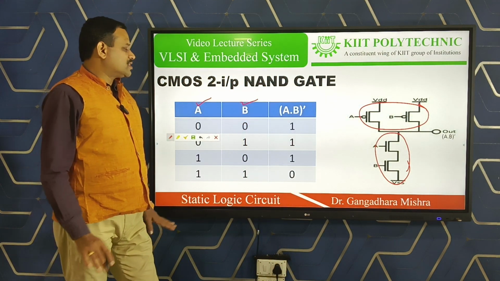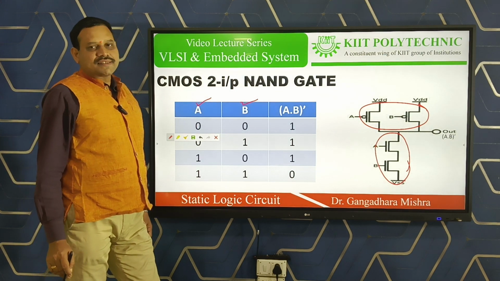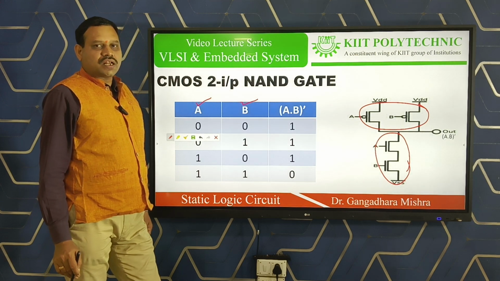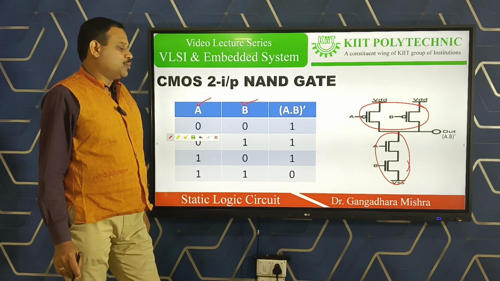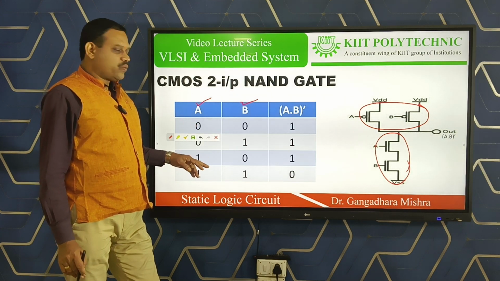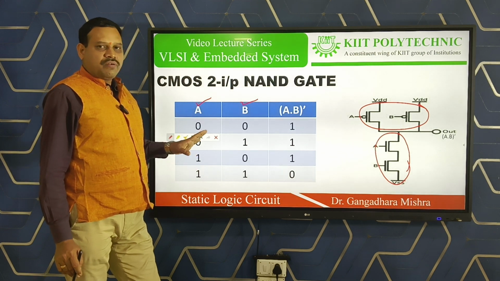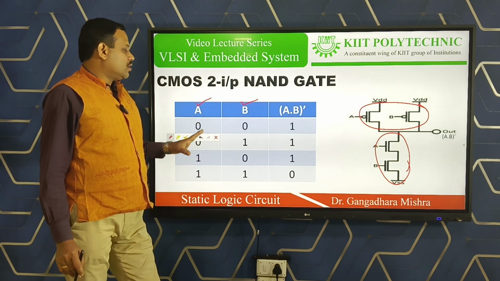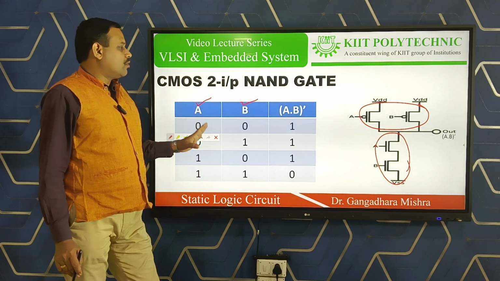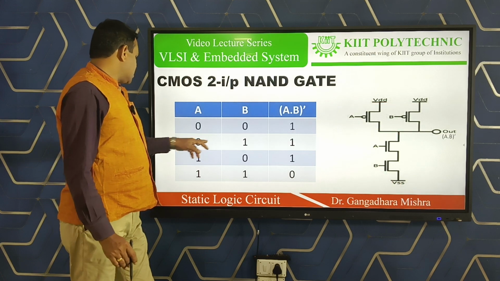So I think we must be clear about the configuration part. Now let's check its functionality. For 2 input conditions, there are 4 possible input combinations, that is 0 0 state, 0 1 state, 1 0 state and 1 1 state. One by one we will see the operation of this gate for all the 4 possible input variations. So first,